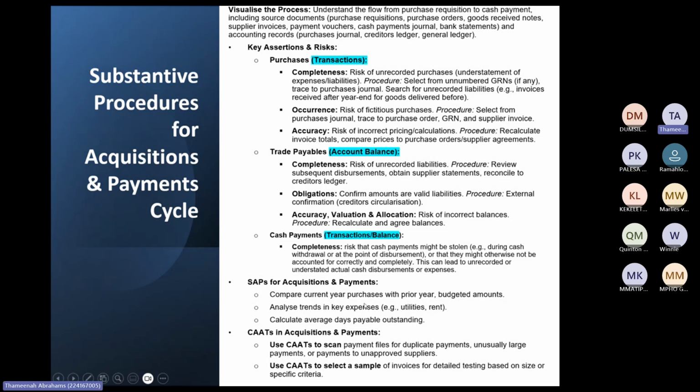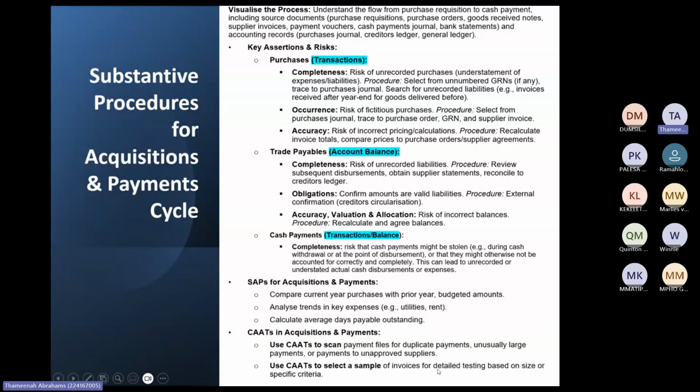Okay. And then here again, by the analytical review procedures, you have current year versus prior year, budgets, analyze the key expenses to utilities. Most of the time, especially for expenses, we'll always say we assume it will increase by inflation, because most companies would increase their expenses by inflation. Rent expense, though, would be increased according to the escalation rate in the lease agreement. So if the lease agreement says there's an escalation rate of 5% year on year, your rent expense should be 5% year on year. So if it's out of that, you would go confirm why there is a fluctuation and so forth.